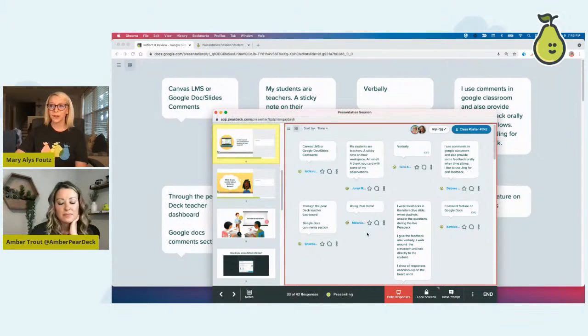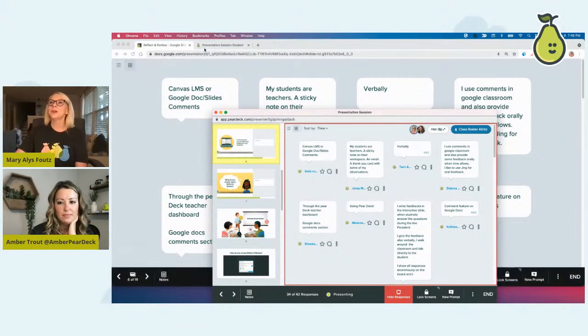There are also some other great features within the dashboard. The star will allow you to highlight a response if you want to showcase that. The 3-dot menu will also let you hide a response. If you ever get anything inappropriate, you can take that away so that your whole class isn't seeing that. But the most important thing we want to touch base on tonight within the dashboard is your comment bubble. And so your comment bubble is going to allow you to respond to your students'